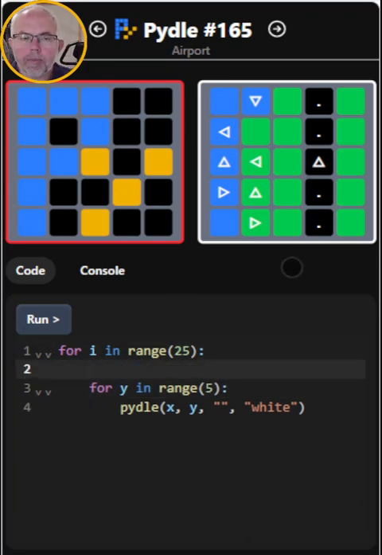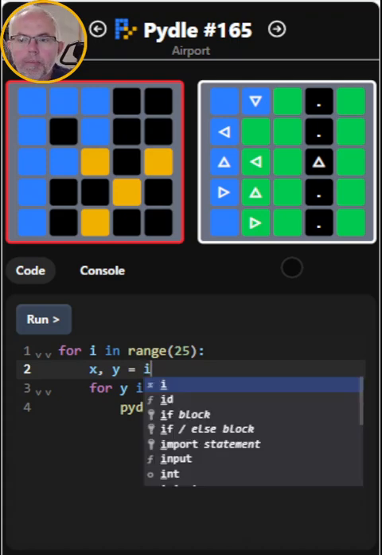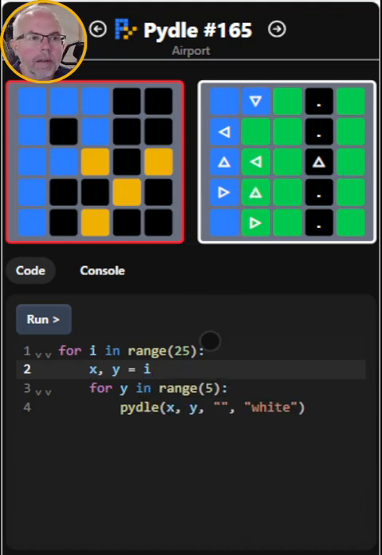And then because I'm going to reuse x and y, I'm going to declare variables where x, y equals, and I'm actually not going to go left to right, I'm going to go top to bottom. So I'm going to say x is i integer division 5, and y is the remainder of